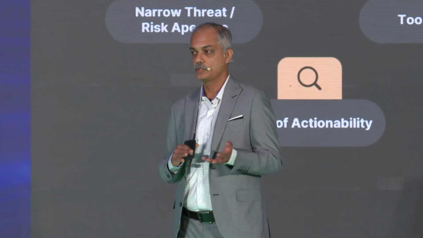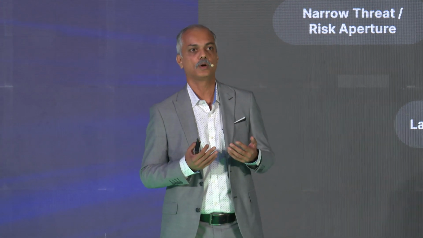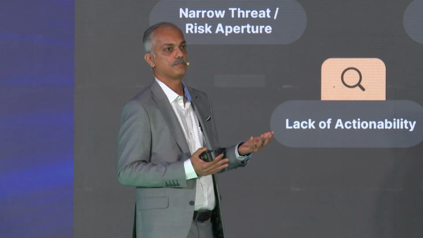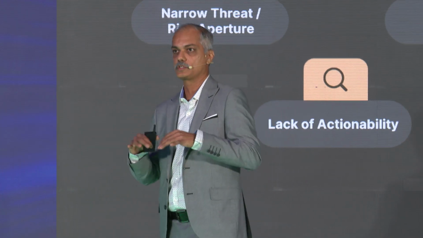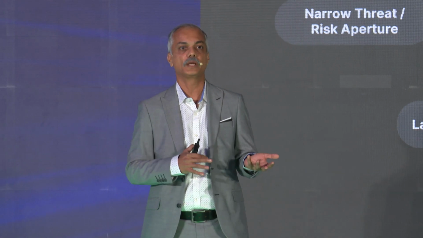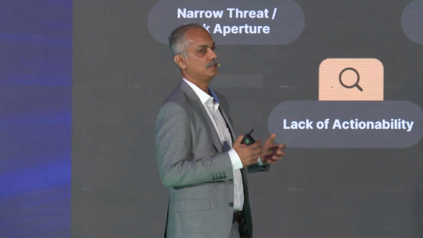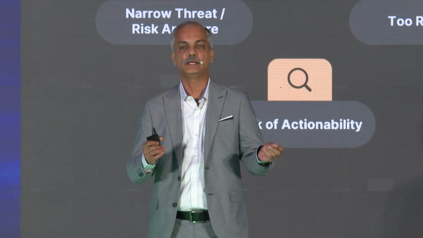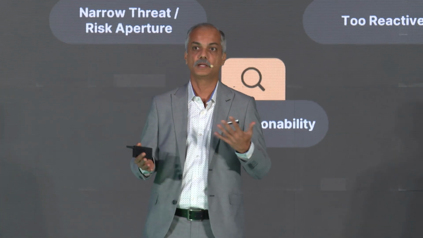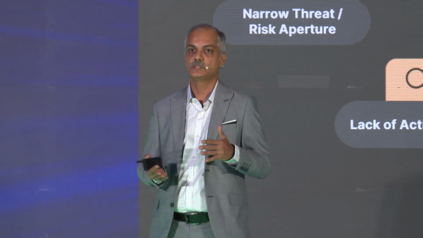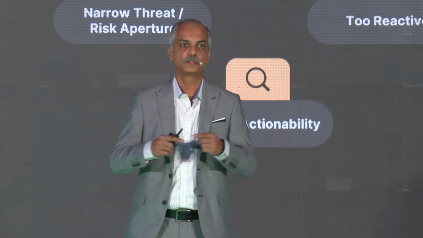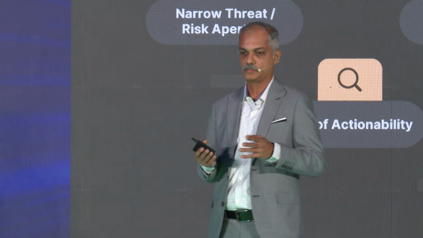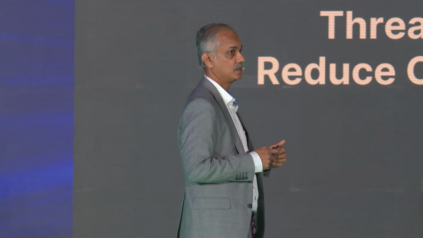Of course, because of not having additional context, there's also a lack of actionability. So you don't have a point or place to say what to do next. You probably still have to do it manually, check and see what needs to be done next, rather than getting these actionables, IOCs, immediately and quickly acting on them, right? So you can probably block it. But today, that piece is missing because they just give you a report or a list of things, and then you have to go back and search and see whether that is really bad, and why it is bad. So that's typically why we use and help here as threat intelligence, okay?